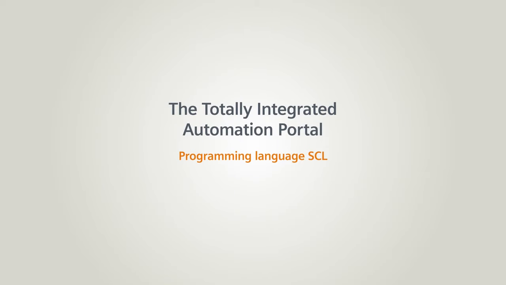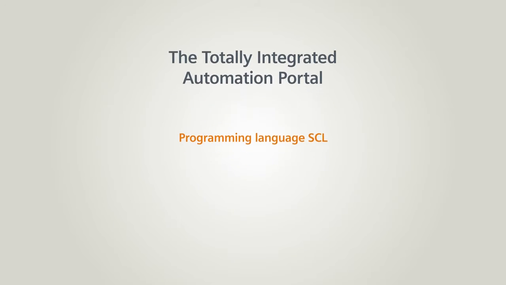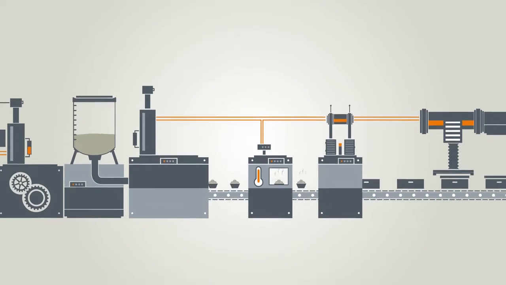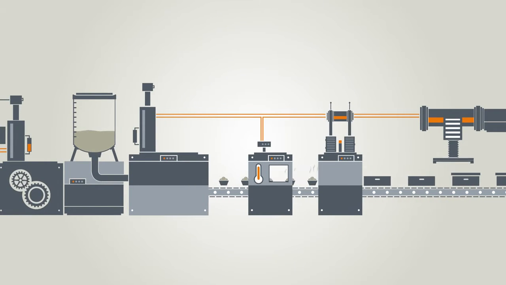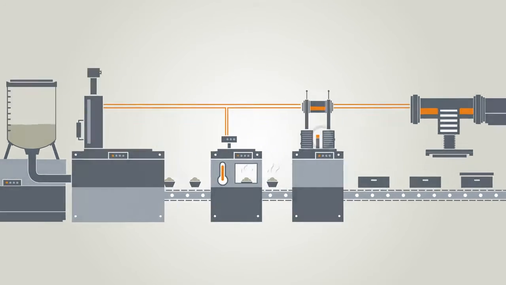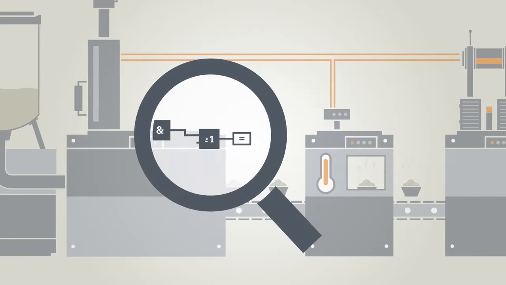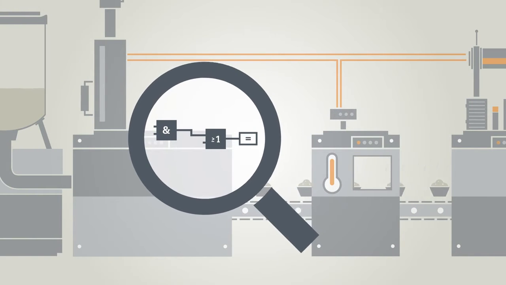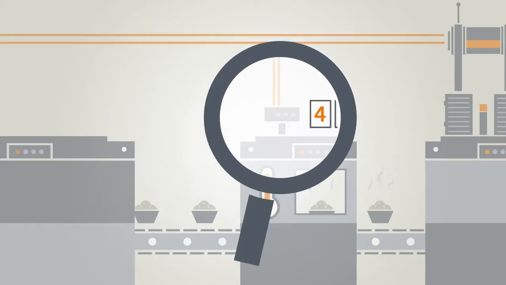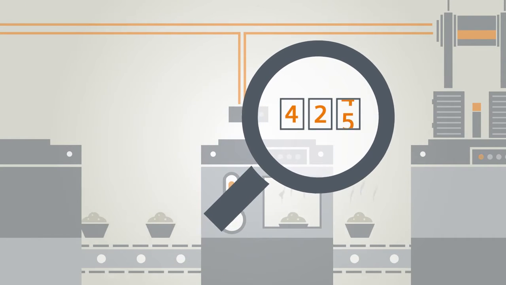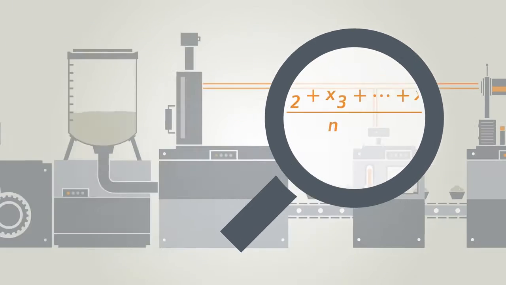In this chapter, you will learn how you can quickly and easily program your tasks with the programming language SCL. To do so, you have the graphical programming languages LAD and FBD at your disposal. In principle, you can use them to solve all automation tasks. You also have the option of the high-level language SCL, which is especially well suited for data management or for